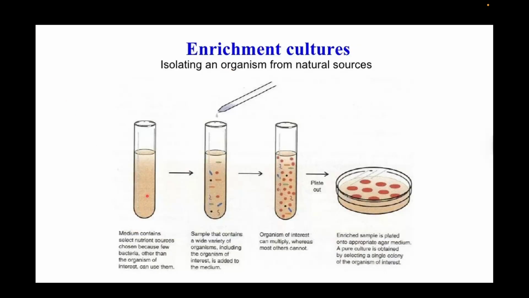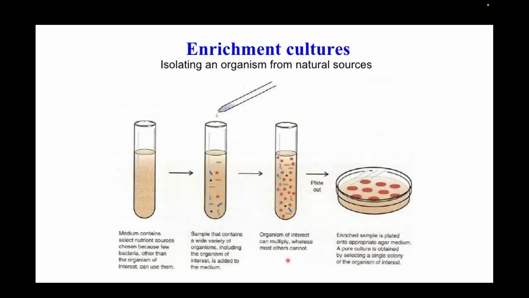Here is an example schematic: medium containing select nutrient sources chosen because few bacteria other than the organism of interest can use them. A sample that contains a wide variety of organisms, including the organism of interest, is added to the medium. So from a mixture of organisms you want to isolate the organism of your interest. Now the organism of interest can multiply whereas most others cannot, because the medium is suitable for the organism of our interest,